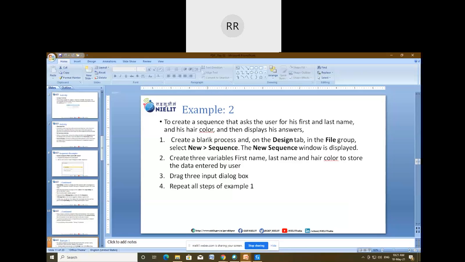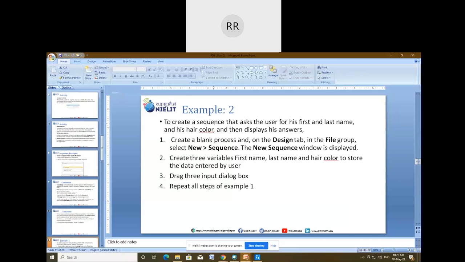As many inputs as you want to ask from the user, you have to connect that many input dialog boxes. Is it clear?